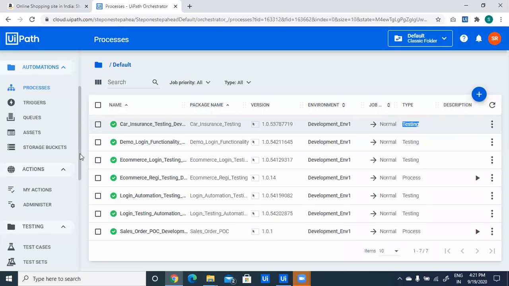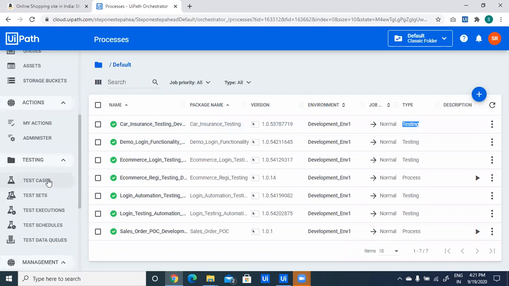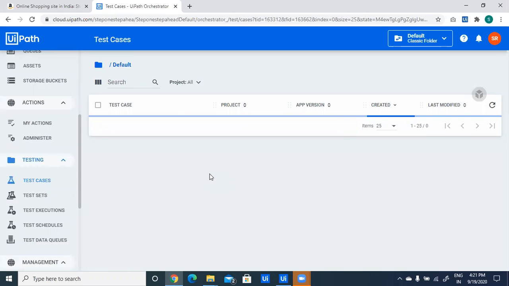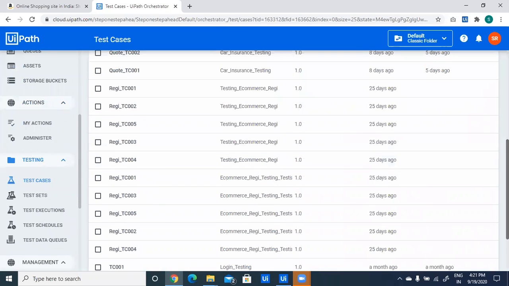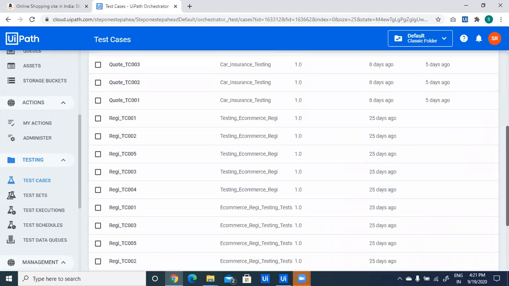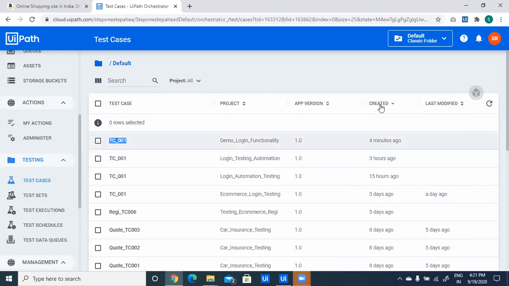After process, go to test cases. We can view our test cases for a particular project. This is my project, and under this project currently I have one test case. This test case dashboard is only to view our test cases for a particular project and the modified date and all. 4 minutes ago we modified this. We have published our test case. So this is our test cases dashboard.